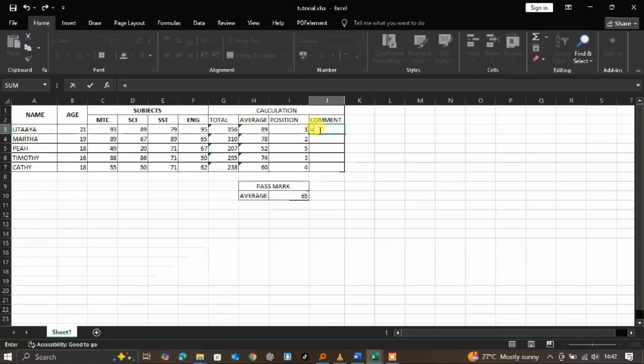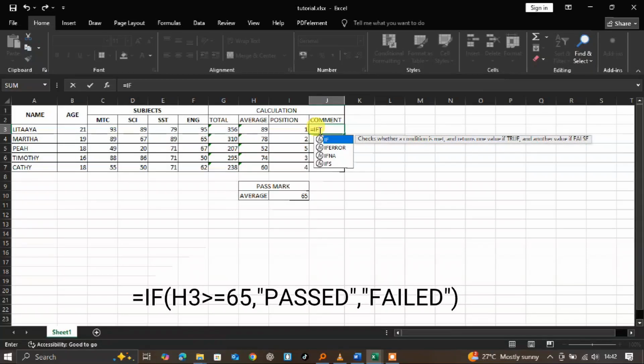So we shall say equals if, in brackets, we are trying to comment on the average of Lutaya, which is H3, greater or equal to 65. It is equals if, in brackets, H3 greater or equal to 65, then comma,